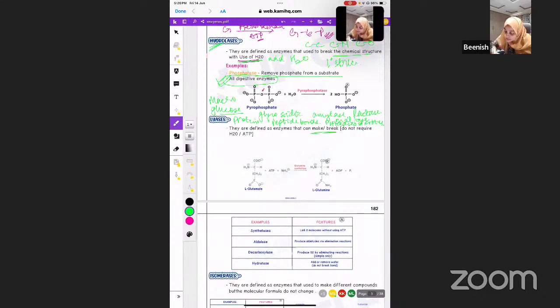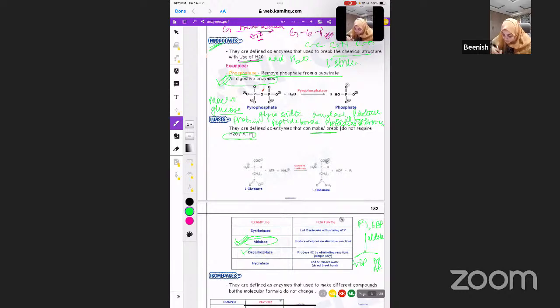They are defined as enzymes that can make and break covalent bonds, but they do not require water or ATP. So now that is the catch point, that your lyases break covalent bonds without adding water. Now, for example, your aldolase here. See, so aldolase is going to cause the splitting. If you remember, fructose 1,6 bisphosphate was acted upon by aldolase to form what? Glyceraldehyde 3-phosphate and dihydroxyacetone phosphate, if you remember. Okay, so your aldolase is going to break your fructose 1,6 bisphosphate into two different molecules, that is glyceraldehyde 3-phosphate and dihydroxyacetone phosphate. It is going to bring about the splitting, but this breakage does not require water or